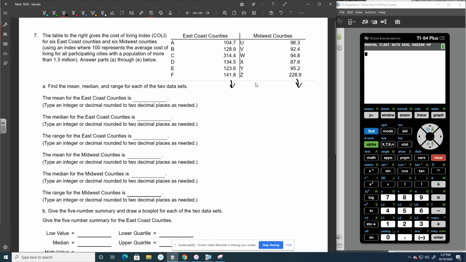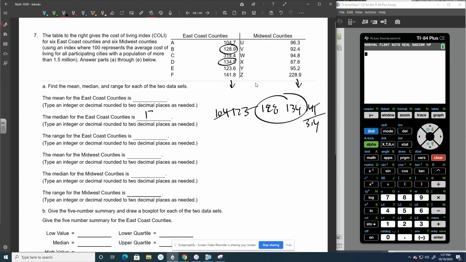Since there's 6 of them, you would put your 104 first, then your 123, then your 128, and then a 134, and then a 141, and then a 314. So as you get to the middle, you're going to end up with these two values. That's the 134 and the 128. You're going to have to add those together and find the average of those two values,